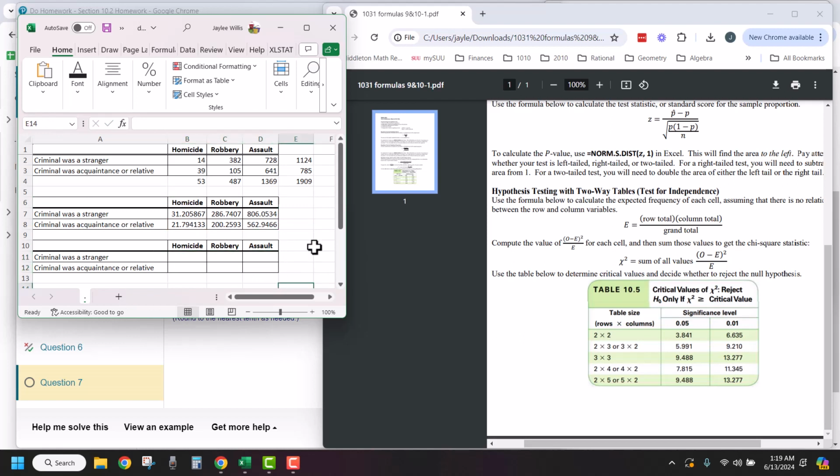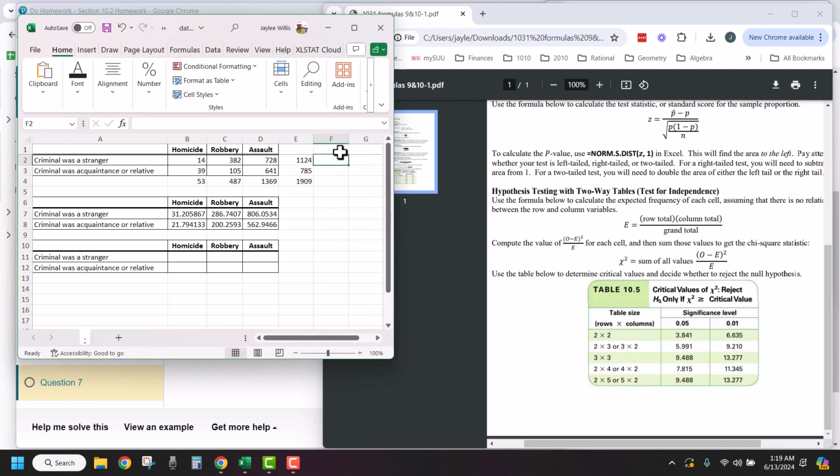Just delete those. Okay. So this table here was observed frequencies. This one here is the expected frequencies. And then this is the